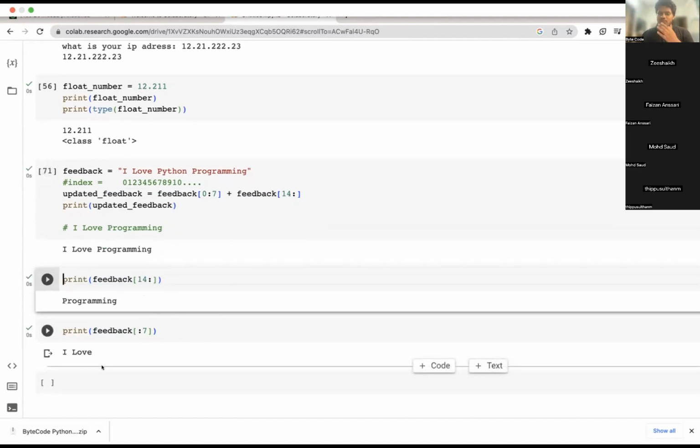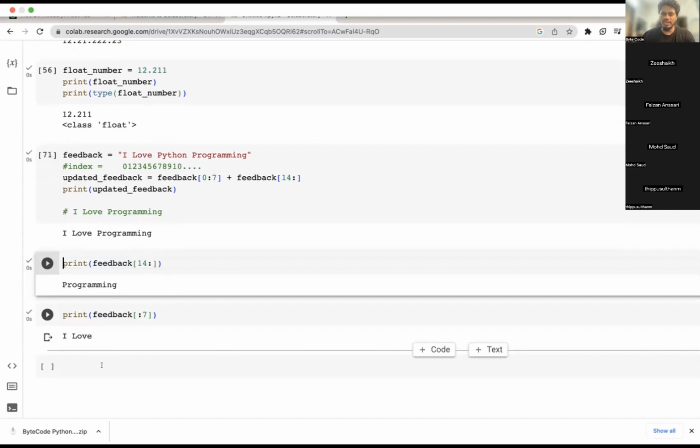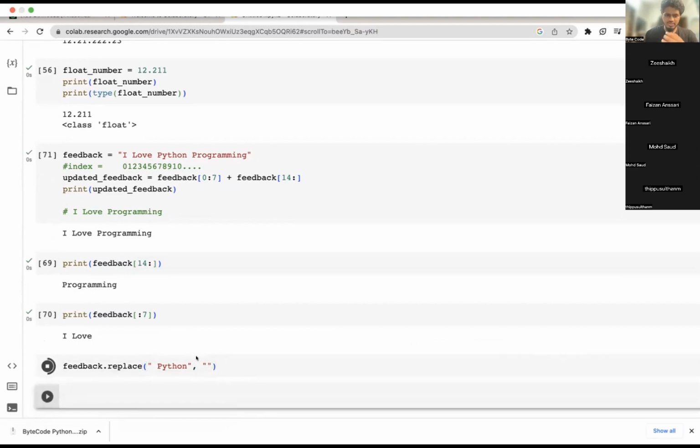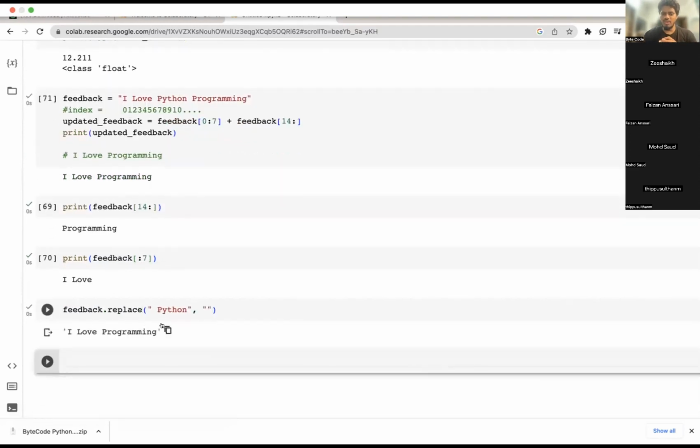Now, as I was saying, there are multiple ways of doing it. The simplest way, if you know more about Python functions, is a function called replace. Feedback dot replace Python with nothing, and it will automatically give me "I love programming".